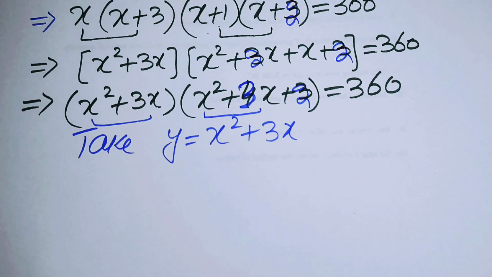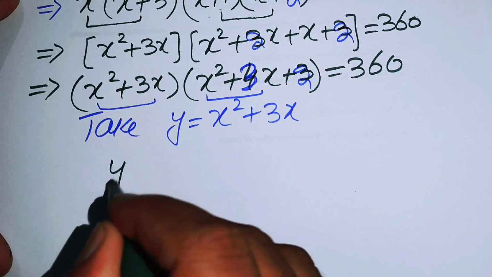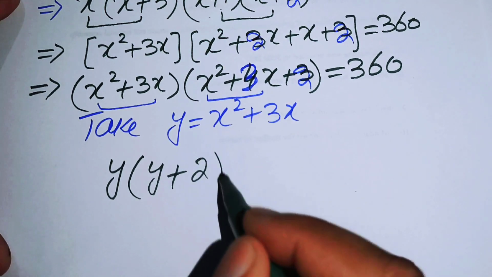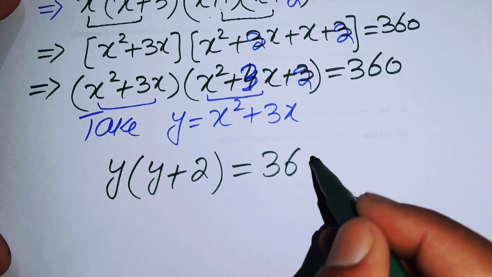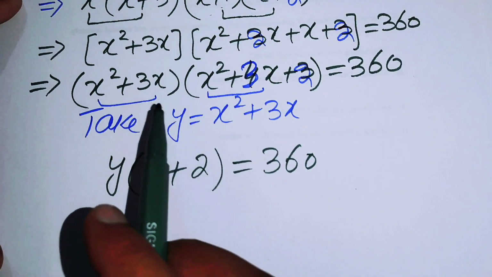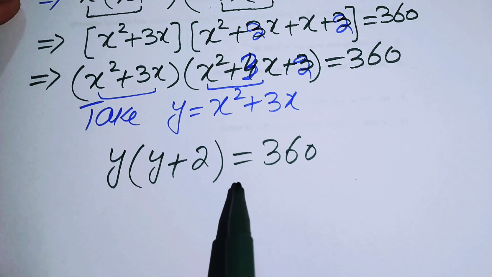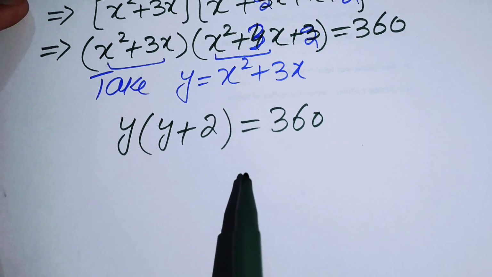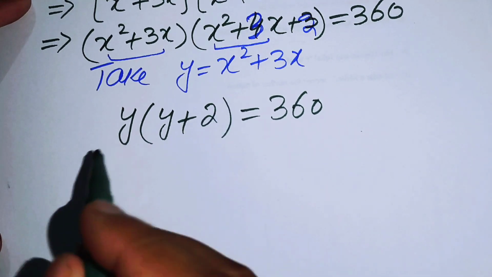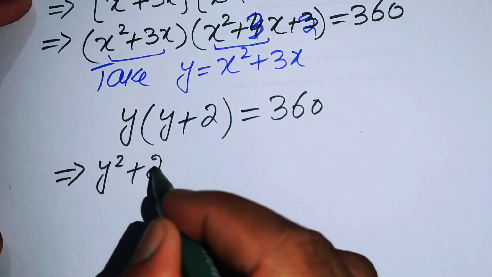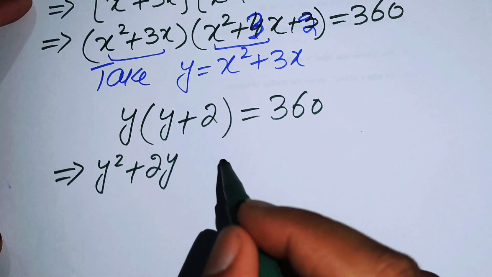and now you can simplify here, then you get y times (y plus 2) equals 360. So when you put y equals x squared plus 3x here, you get the output in this form. And now we can multiply y on both terms, and you get y squared plus 2y equals